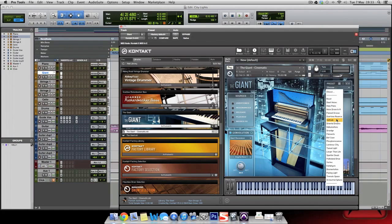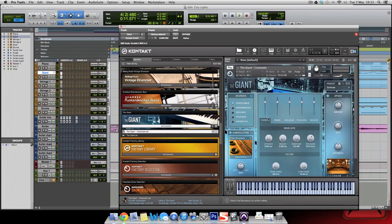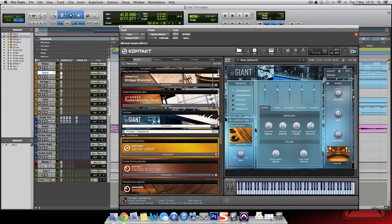So if you want solitude, let's try that. And it just goes and goes and goes. And then from the sources, you can change a basic level mix between all of these different sources that we saw before. You can mess with the envelopes. You've got a nice high pass, low pass filter here. So if you just want to,